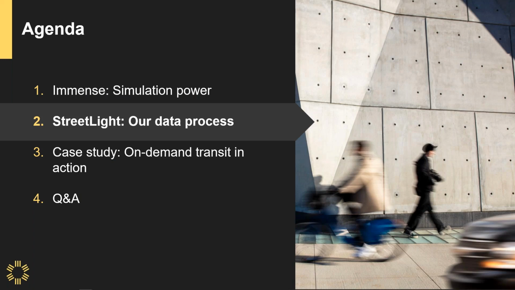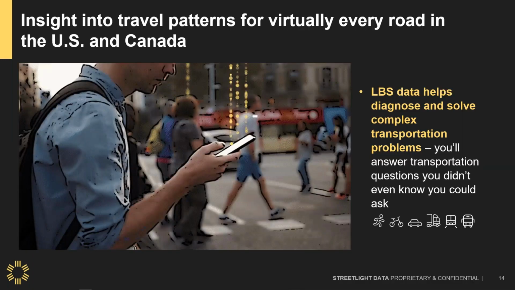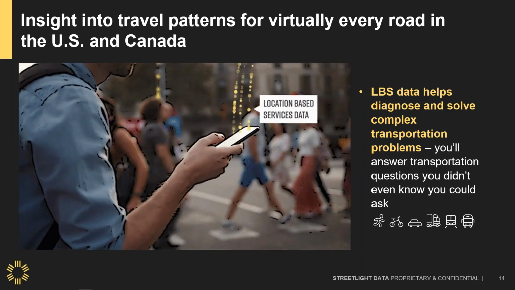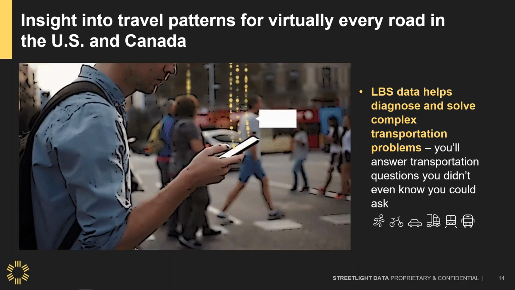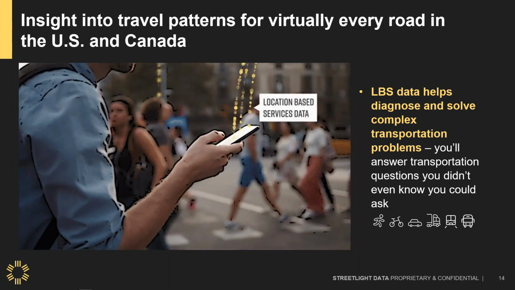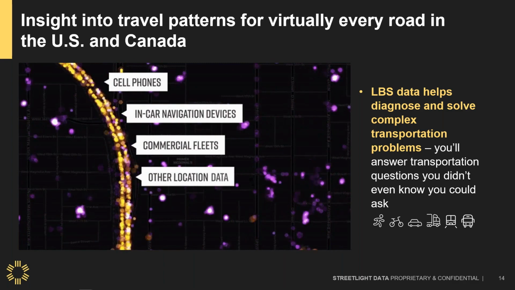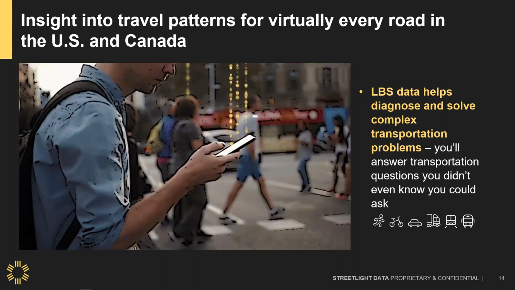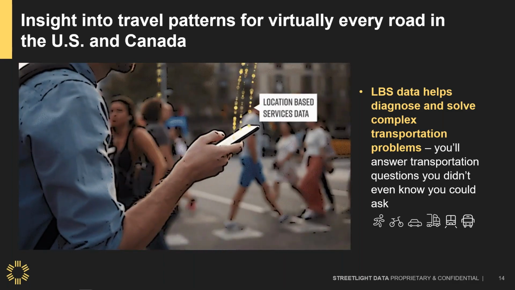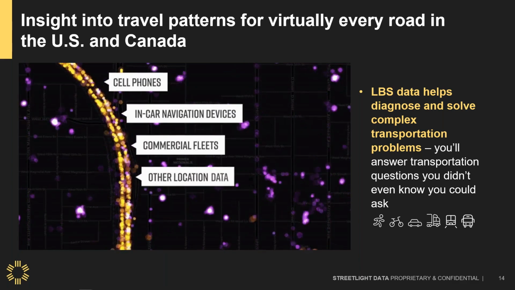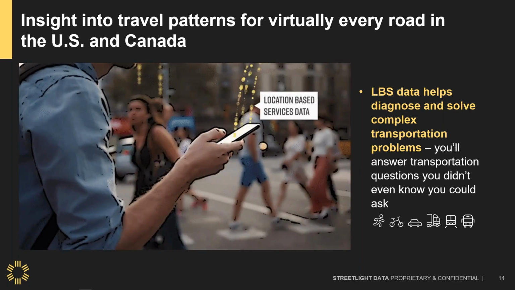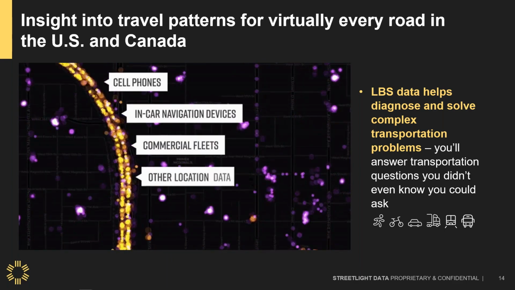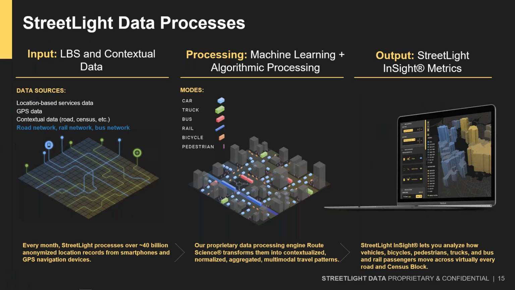So I'm going to explain just briefly where our metrics come from and how they are processed and validated. Streetlight Data is a software company that combines the power of transportation analytics, decades of transportation industry knowledge, and advanced data science, all to provide on-demand transportation metrics. Streetlight delivers metrics and analysis tools to any computer with a browser and internet connection without anybody having to go into the field. So how do we do this?